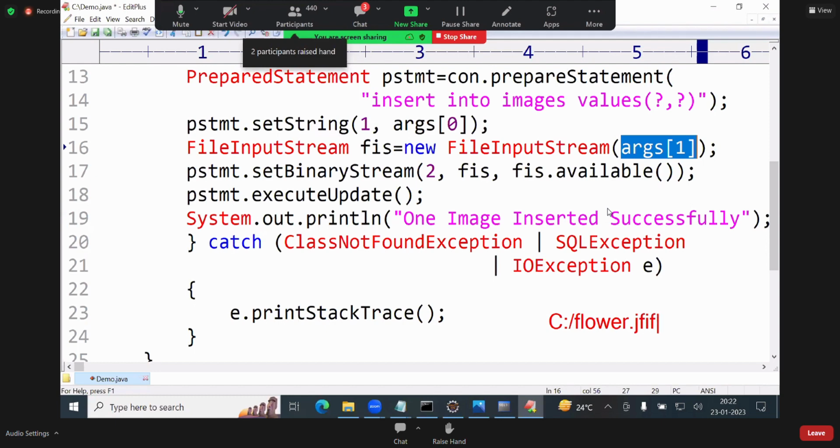If you write a backward slash, it may or may not work. That you also have to take care of. If the D drive is there in your system, write the drive. If a folder named demo is there, write demo. If there is any other subfolder, write the subfolder also. Then write flowers.jfif. If it is JPG, write JPG, whatever it is. So complete